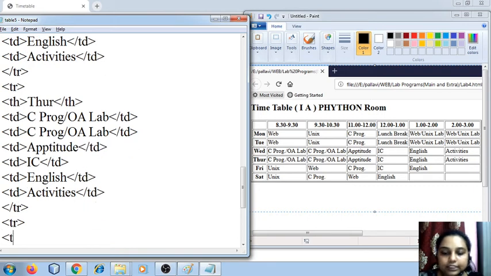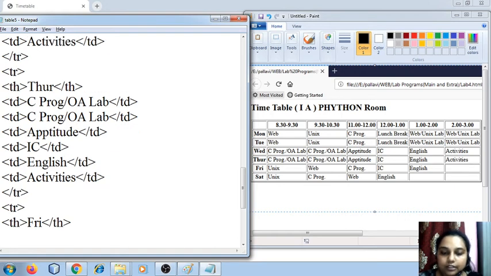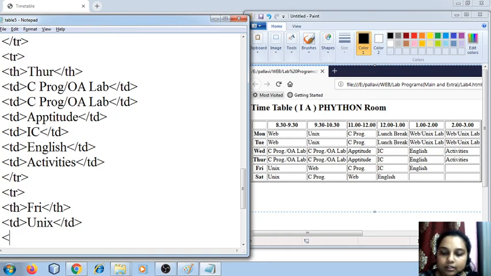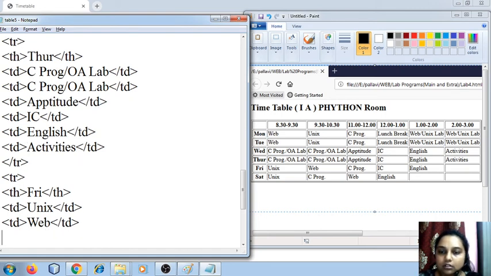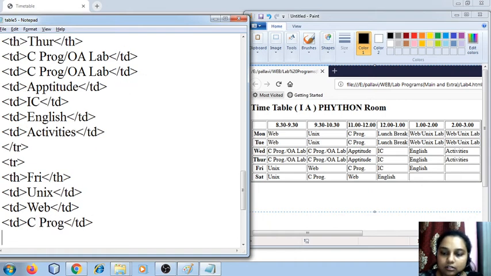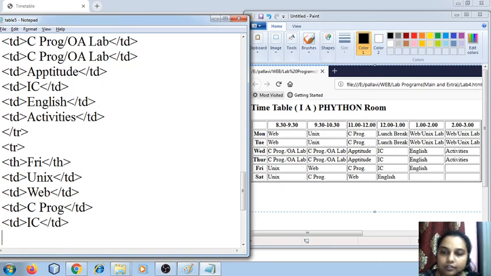New row, table header is going to be Friday. So table header, table data is going to be here. Okay, so Unix, then web, C programming, IC, English.